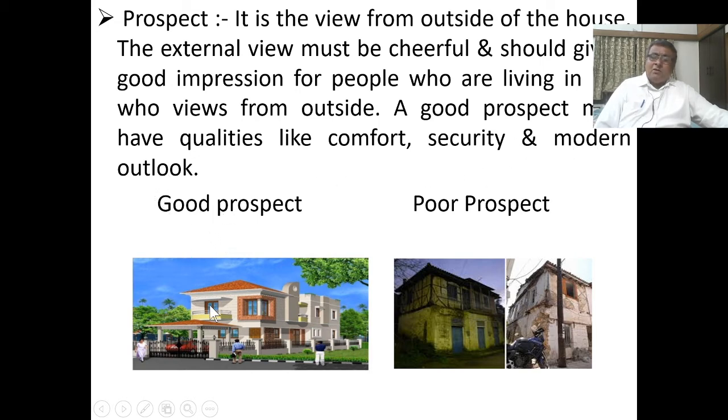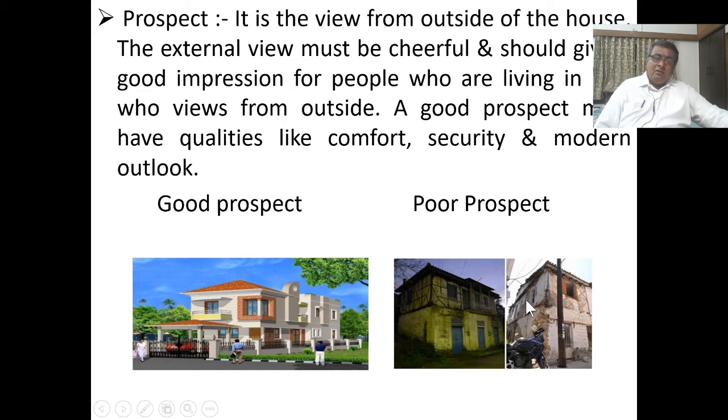Here I am trying to show that persons observing this bungalow from outside have a good view of the building, and they must be thinking that the people living in this house have better living standards.